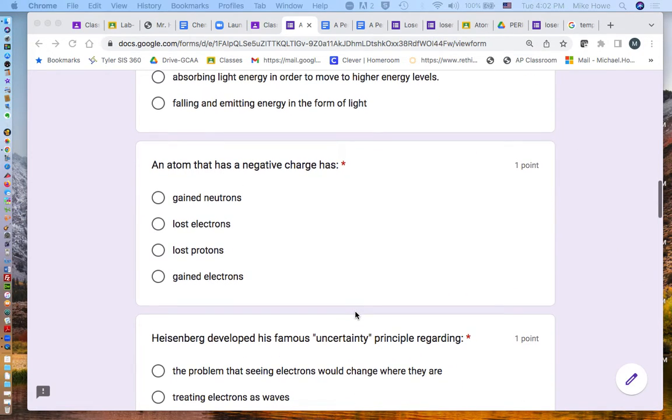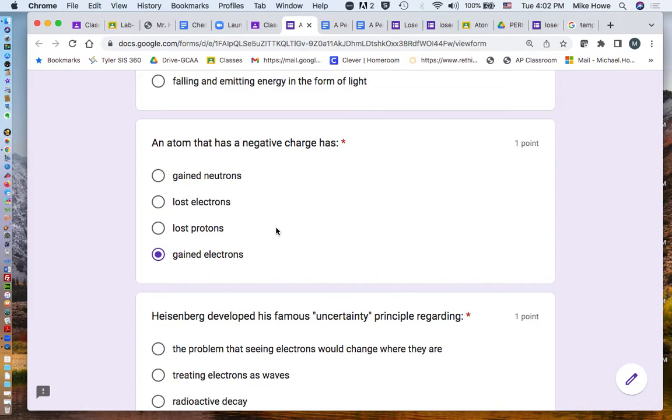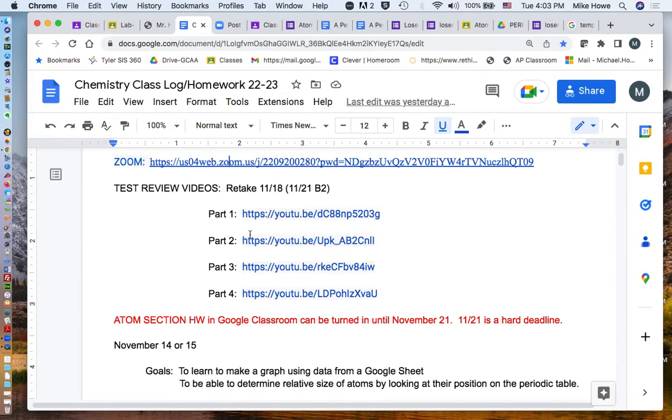If you have a negative charge, then you've gained a particle that has a negative charge. So what particle has a negative charge? It has gained electrons. If it has a negative charge, you must have added electrons. If you remember the build the atom, when you add electrons, the charge becomes more negative. I guess I maybe could show you that real quick. If we go here and zip down